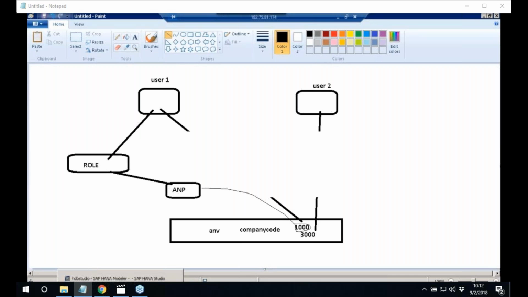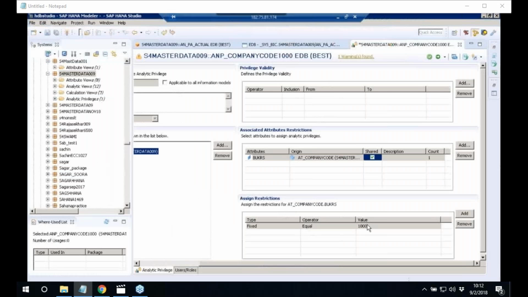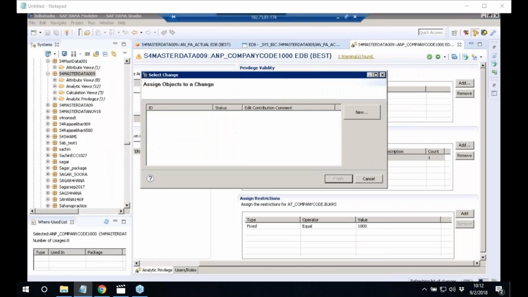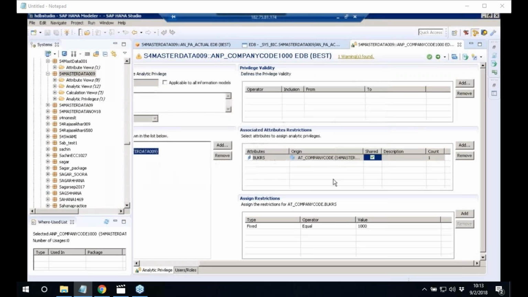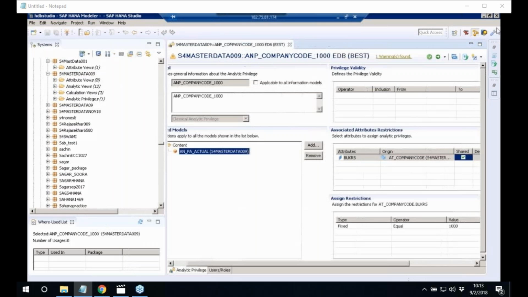Let us go back to HANA Studio. Click the Save and Validate and click Save and Activate. Select the request and click Finish. So all the participants okay until here, or you would like me to explain again? All the participants okay? The next thing here is we need to create